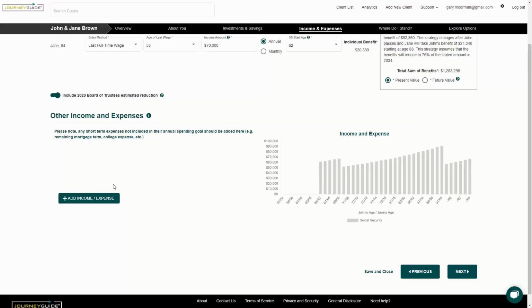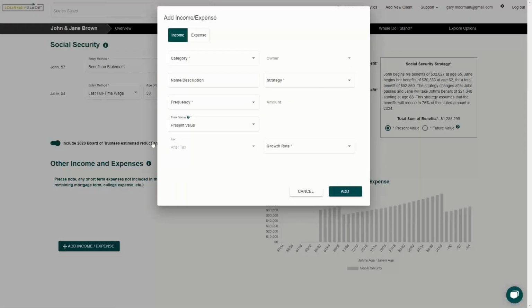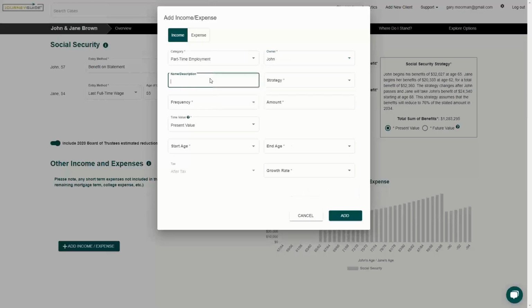The second part of the income and expenses page is what we call other income and expenses. And it's for one-time or recurring sort of unique things. Let's go to add, in this particular case, John, so I'm going to call it part-time employment. John is planning to do some consulting work the first 5 years of retirement. He's expecting to make about $40,000 a year, and I'm going to choose future value because this starts when John